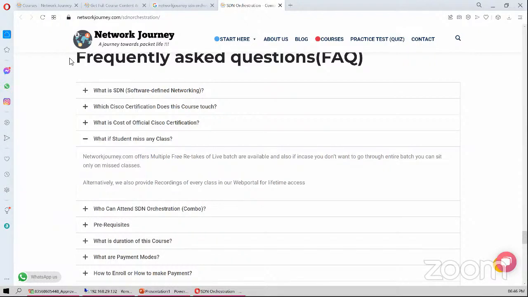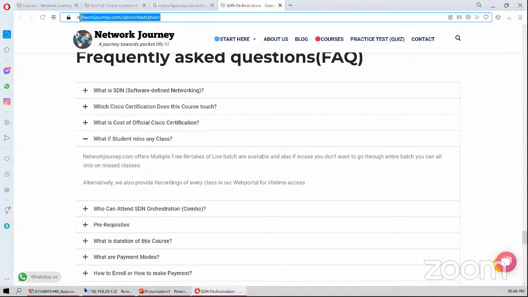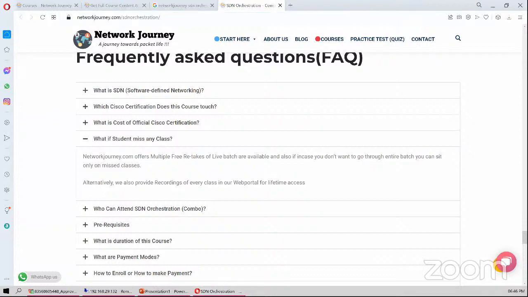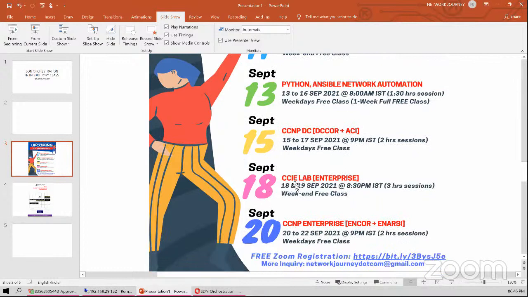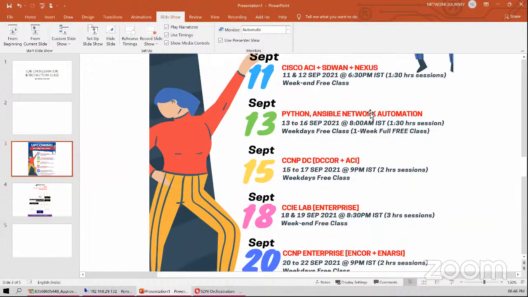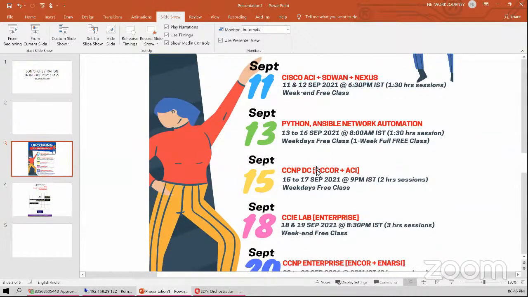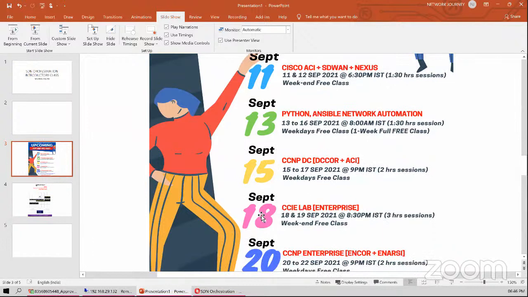So guys, let me just also give an intro on our trainer. Our trainer is Mr. Shank, and he's a triple CCIE in routing, switching, data center, and service provider. And he's also the trainer for our CCIE lab, which we are starting shortly from September 18th. So he will tell you about all the rest of the things here. He is going to take ACI, SD-WAN, Nexus, and also the data center CCIE lab, which we are starting from